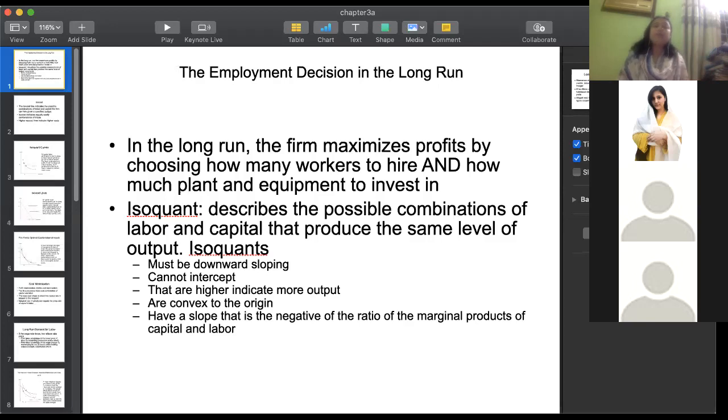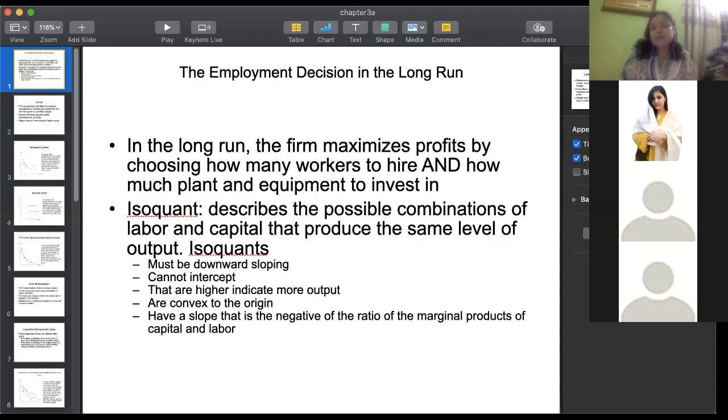Okay, so remember utility curves and indifference curves. Indifference curves are curves where you consume different quantities of the two goods, but they always give you the same level of happiness or satisfaction. An isoquant is very similar to that concept. You can employ labor and capital in different ratios, in different combinations, but in each of these combinations they will generate the same level of output.